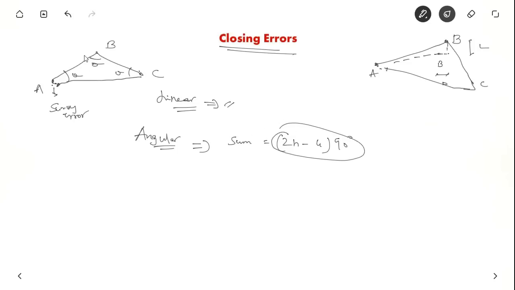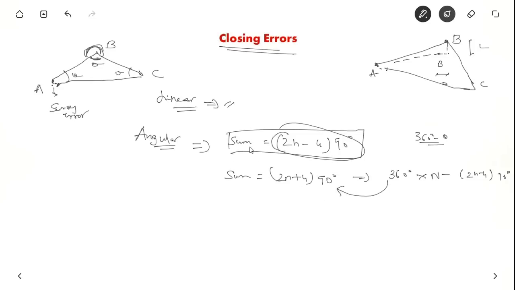And suppose you have measured the deflection angle. The included angle is the interior angle, and the outer, exterior angle is the deflection angle. This sum should be equal to (2n plus 4) into 90 degrees. It is nothing but each external angle being 360 degrees minus theta. So if you work it out, it is 360 degrees into n sides minus (2n minus 4) into 90 degrees, which works out as (2n plus 4) into 90 degrees. Anyway, you can just remember this. The sum of included angles should be (2n minus 4) into 90 degrees.